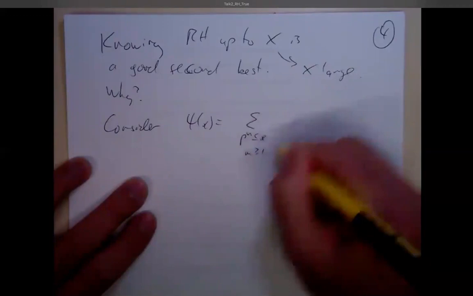The larger the better. So the larger the height is, the better your results happen to be. And the link between how large that height is, so the Riemann hypothesis up to the height 10 to the 1,000, well, that's better than up to the height 10 to the 10. But so what? What good can we put that to work? How can we use that? That's what I want to focus on in this middle section of the talk, is what we can use these partial